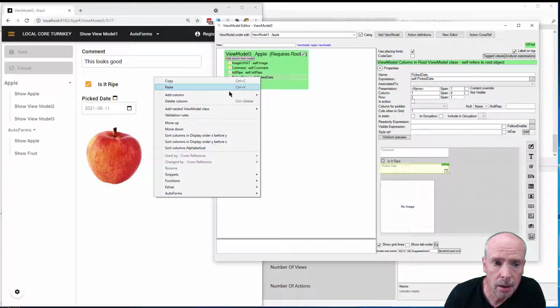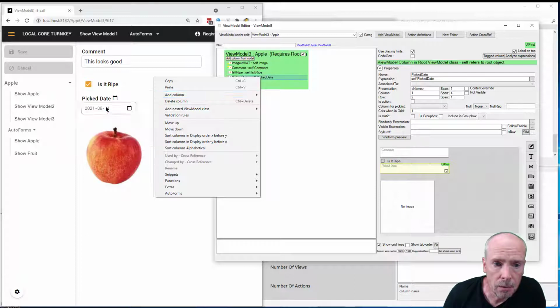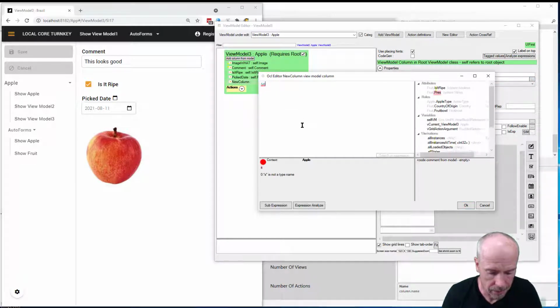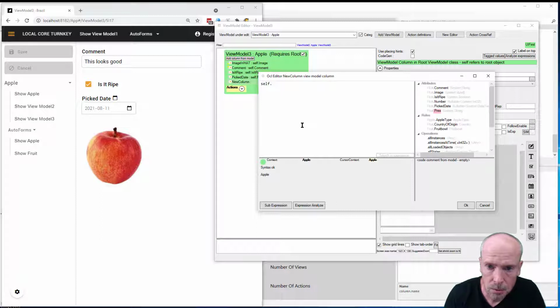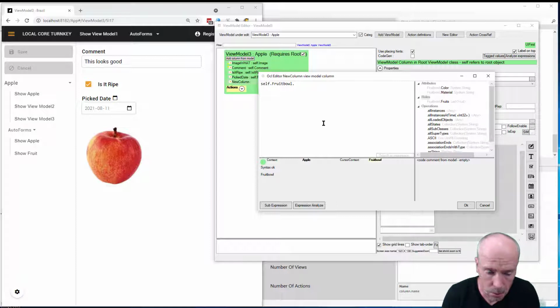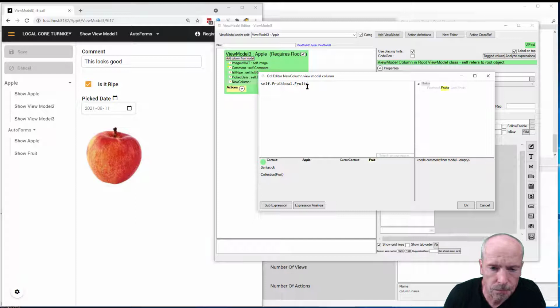We can do things like adding a generic column that is empty initially, and let's say that we follow the link from self to, let's see, if this is in a fruit bowl, and from the fruit bowl let's go to all the other fruits. So this one will return a collection of fruit,